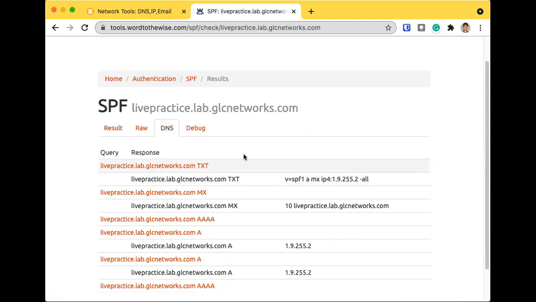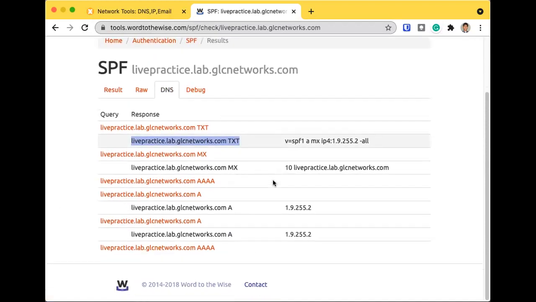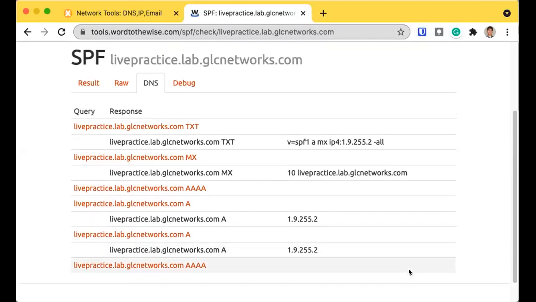Okay, you can compare the, yeah, so we have MX record here. Okay, and then this MX record pointing to that A record. Okay, so this is how you read the